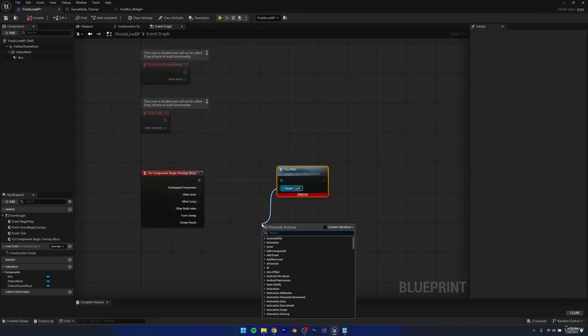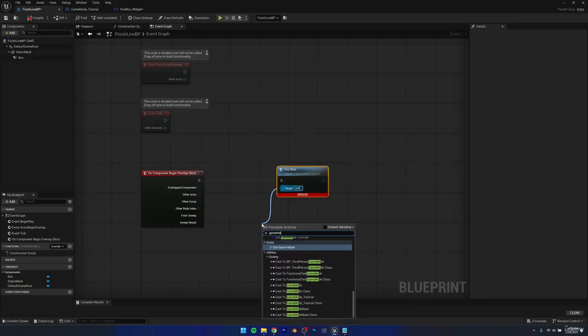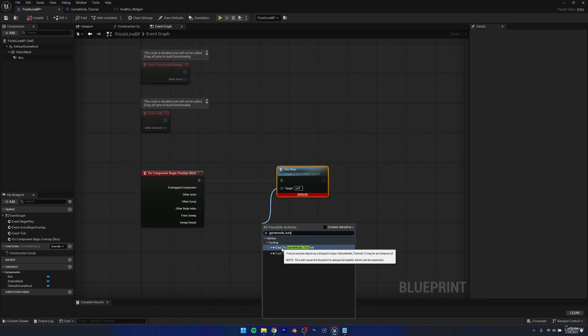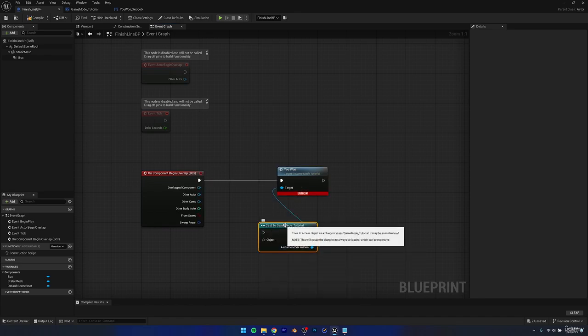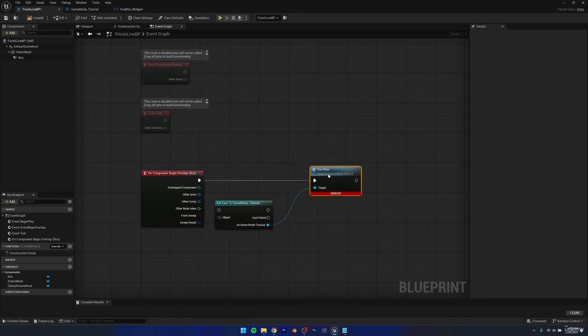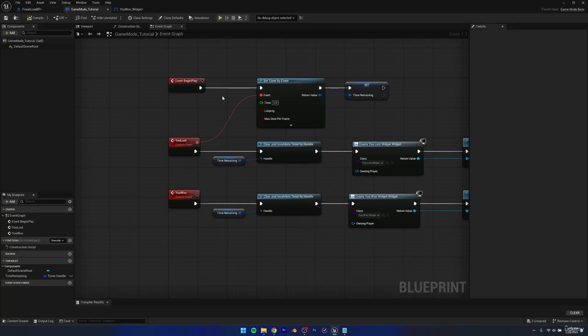So what we're going to do is search for game mode underscore tutorial, basically the name of this game mode. And then you're going to see this node called cast to game mode underscore tutorial. Now, casting is a whole other thing. Casting is pretty complex, honestly, I would say, for beginners at least. I'm not going to go into too much detail, but the only thing you need to know is that if you want to access any functions, or any events rather, which are inside another